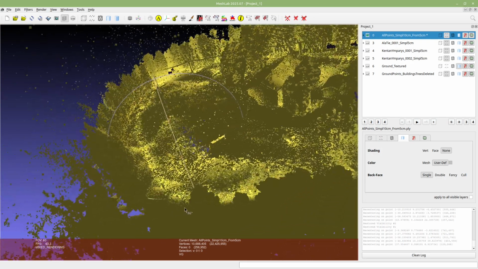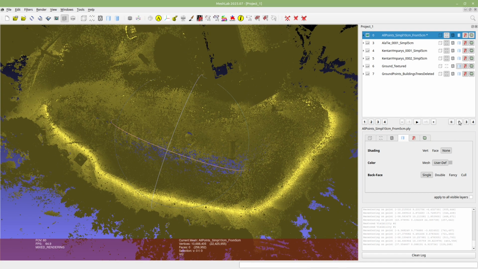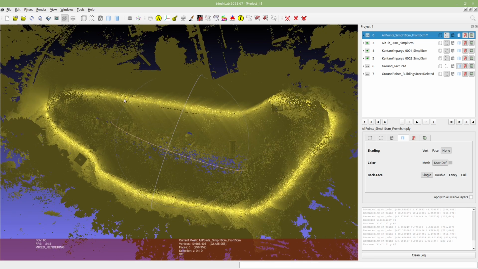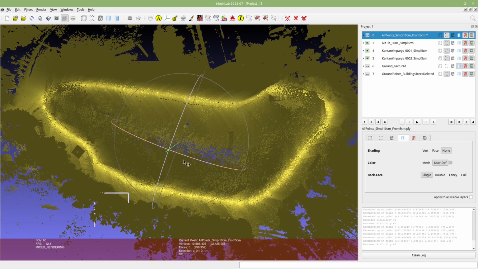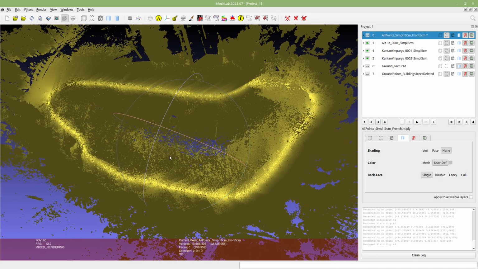About the bumpiness of this field, let's switch to this view. It's mainly caused by lack of points here in the middle section, and that's because I just walked once around this field, basically the LiDAR units following this yellowish line here. So any points collected from the middle section were measured quite far away and at a shallow angle.